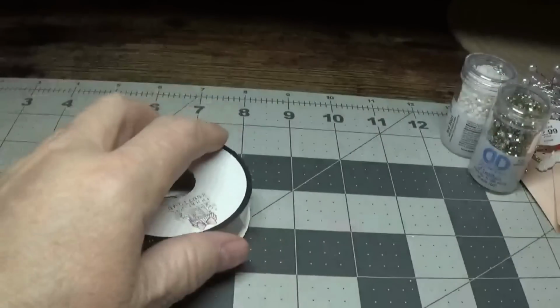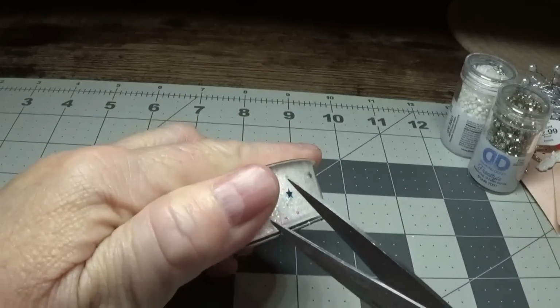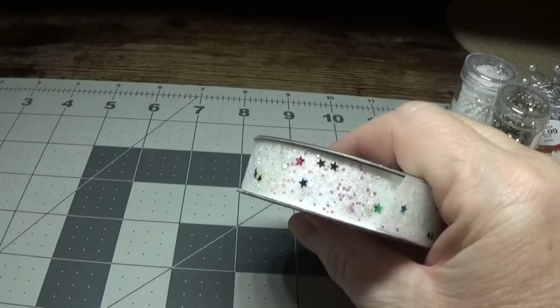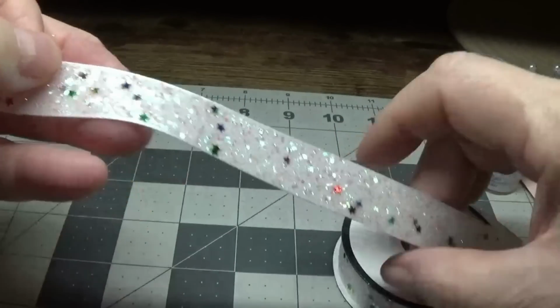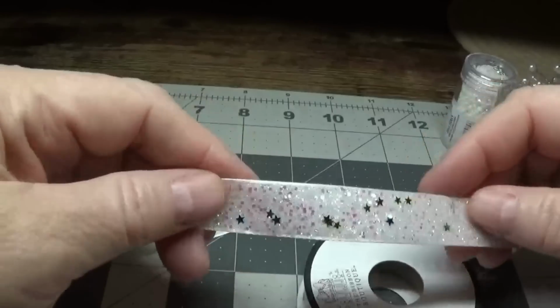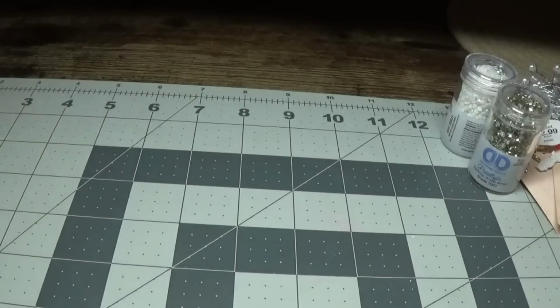Let's see if I can open the white too. Let's see what that looks like. Oh yeah, that is really pretty, isn't it? I'm glad I picked this up. Okay,